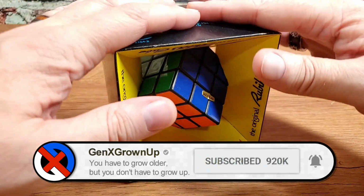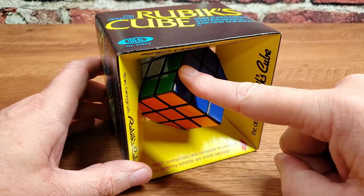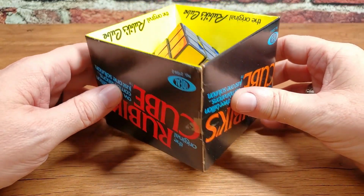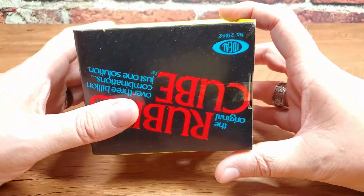Now, I still haven't touched the cube. Okay, I'm gonna do it. Ready? I'm gonna touch it. I touched it. Okay. But I have to get into the box then, and I want to preserve the box because this is part of it. Yeah, I took off the shrink wrap, but this box that has been in the shrink wrap all these years,